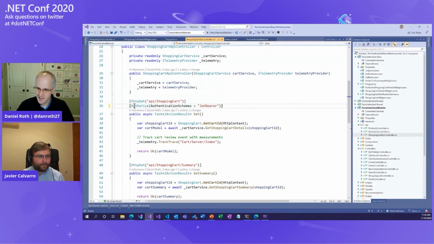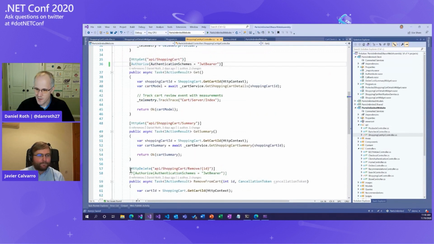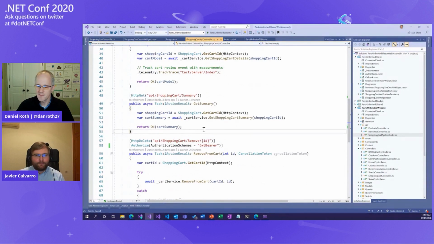I see that. It's already commented out here. I'll just uncomment these guys. So some more authorized attributes, but these are now using the JwtBearer authentication scheme, which would presumably be based on an access token. Yeah. So the next thing we need to do is make sure that we